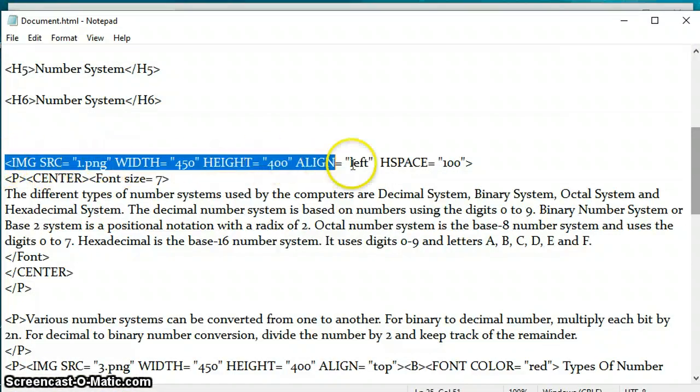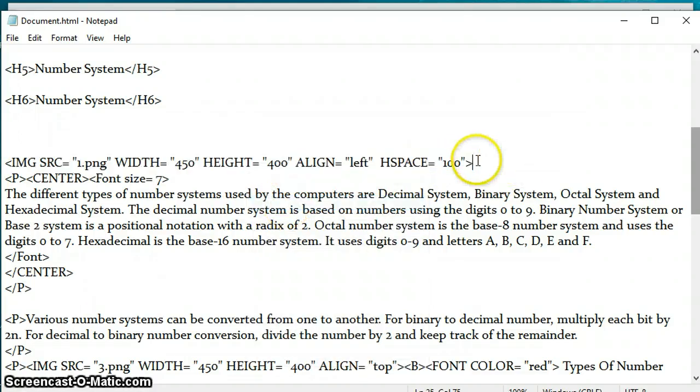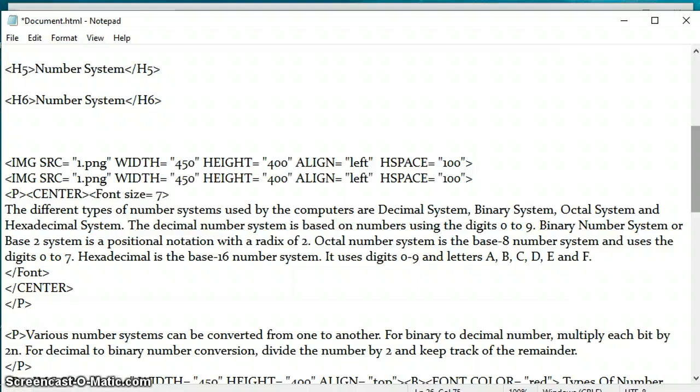I want one more image, so I'm copying the same and pasting the same, but here I had given left, I will give it align right, and since font size 7 is too large, I am giving it 3. So now let us see what happens.